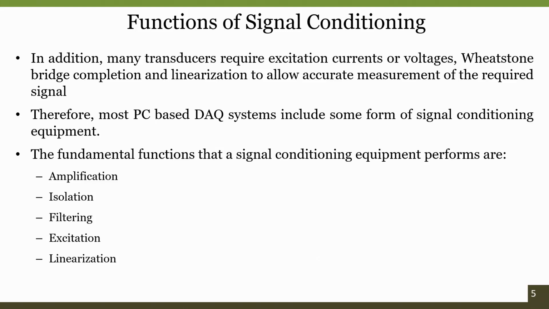Then in a few cases, not all the sensors or not all the transducers can provide an output in terms of voltages. So when I say a sensor, it can be any electrical signal. What I mean by that is that the output variation need not always be a voltage. It can be any change in the resistance, any change in the current, any change in the inductance, any change in the capacitance too. But it is an electrical parameter change.